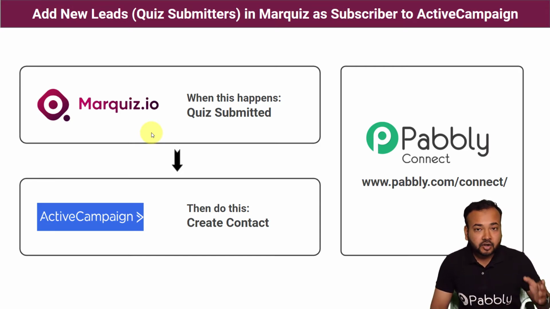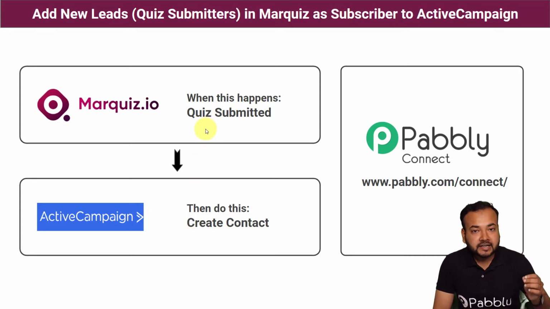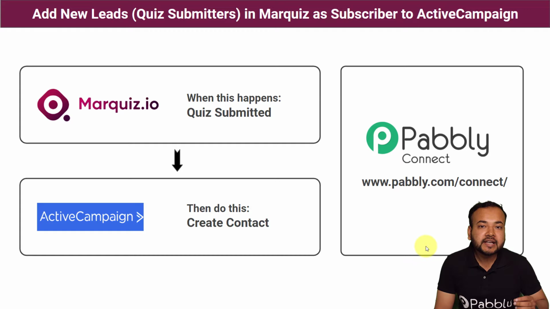So this automation is going to speed up and level up your marketing process, because as and when any person submits the quiz that you have created for them, a contact is going to be created automatically with the help of the details that they have filled along with this quiz, and that lead who has participated in the quiz is going to be added automatically in the ActiveCampaign CRM and marketing application. And we are going to make this happen with the help of Pabbly Connect, which is an integration and